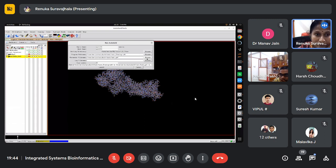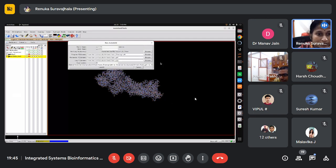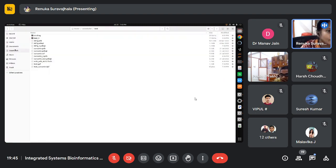The parameter file is, just a minute, is here. So test.gpf, that is fine. I'll just select the same, then test.gpf, and then the log file, which is nothing but the test.glg file. So I have just selected this one, and I have already given the PDB of the